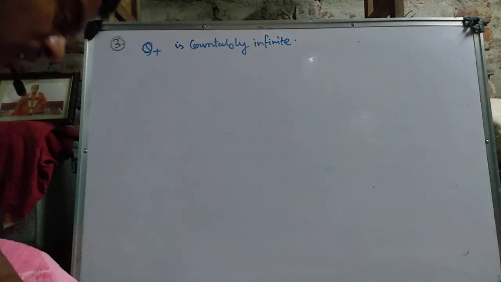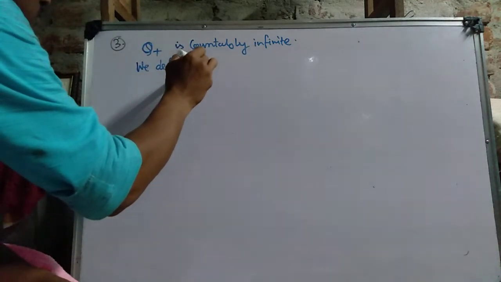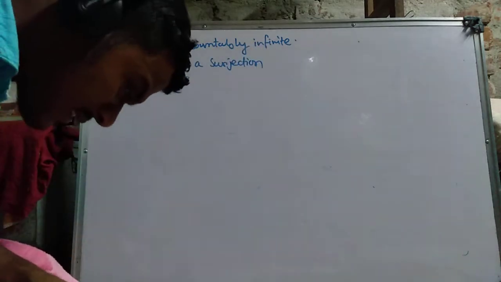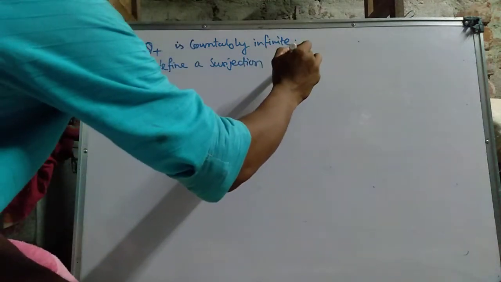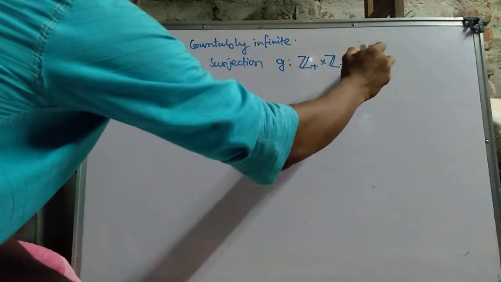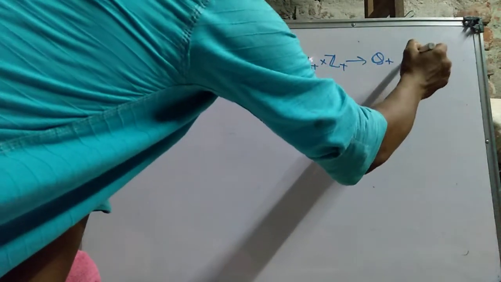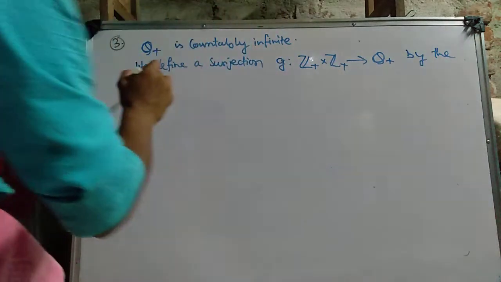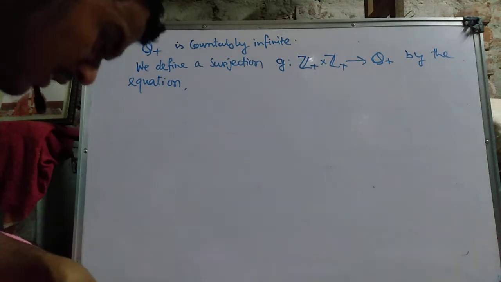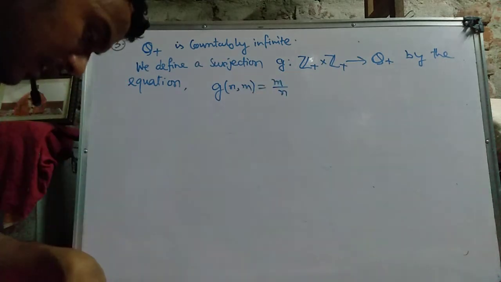Okay. Now we define a surjection G from Z plus Cartesian product Z plus to Q plus by the equation g of (n, m) equal to m by n,